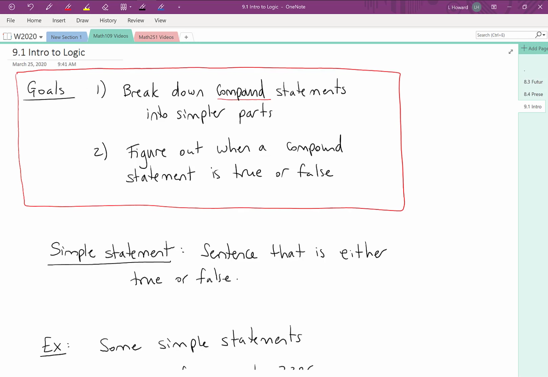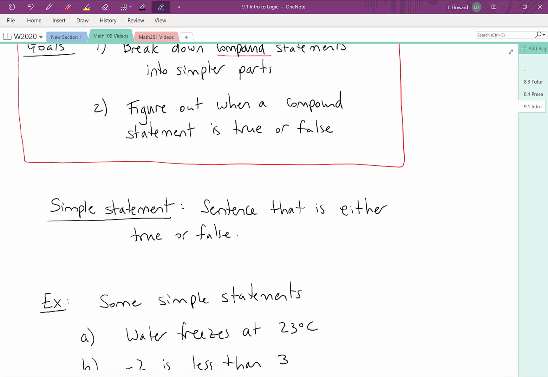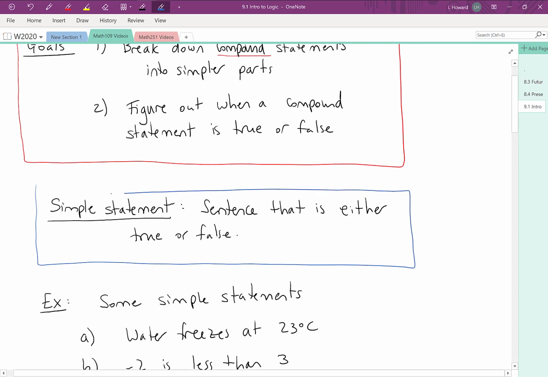So first thing we're going to do is define what we mean by a simple statement. So a simple statement is a sentence that is either true or false. You could rephrase that as saying a simple statement is a sentence whose truth value can be determined. So in a simple statement, everyone could look at that statement and all agree on whether that statement is true or false. Let's see some examples